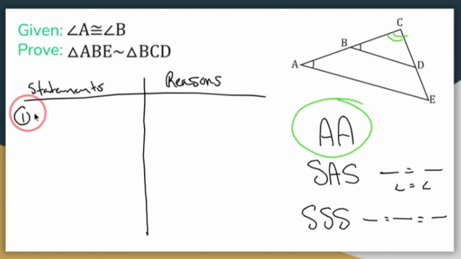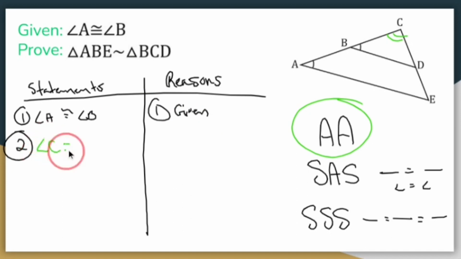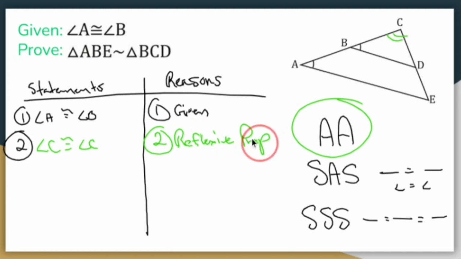So statement number 1, the measure of angle A is congruent to angle B. Given. 2, let me get the right colors. I could say the measure of angle C is congruent to the measure of angle C, and that's the reflexive property. Anytime you say something is equal to itself, that's the reflexive property. Now that I have these 2 angles and these triangles are the same, and this angle is exactly itself, that's